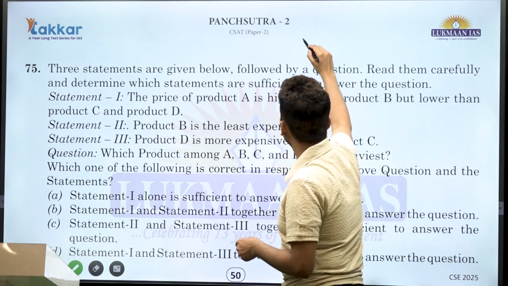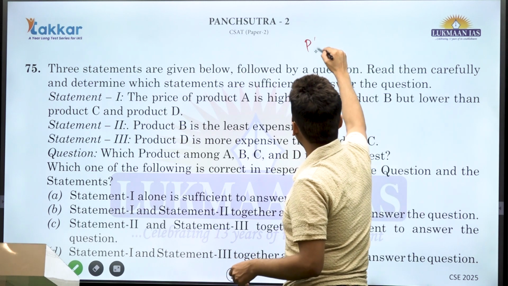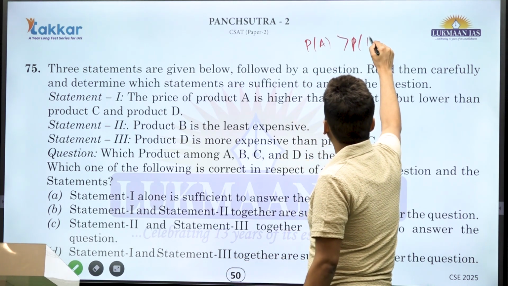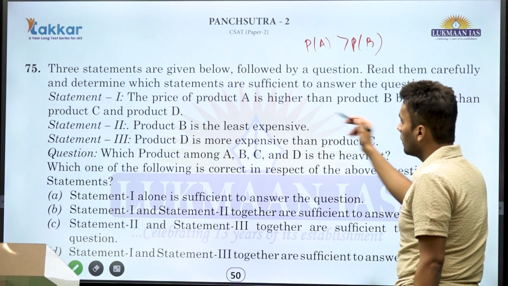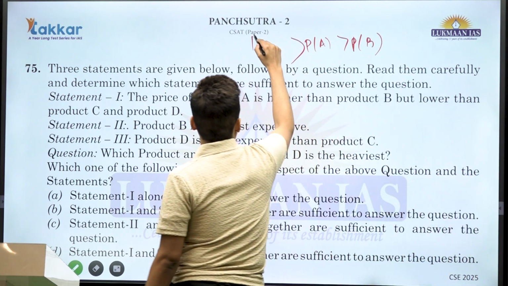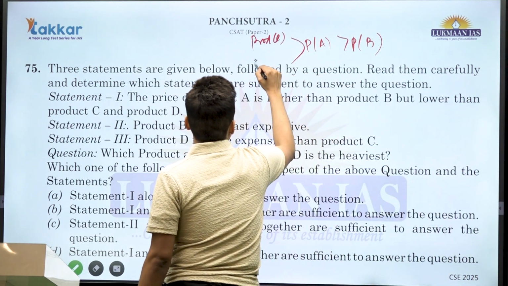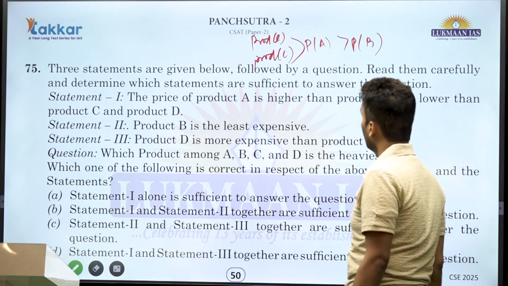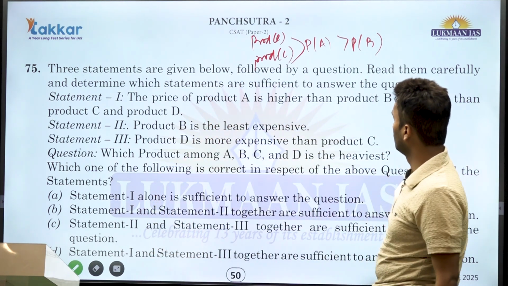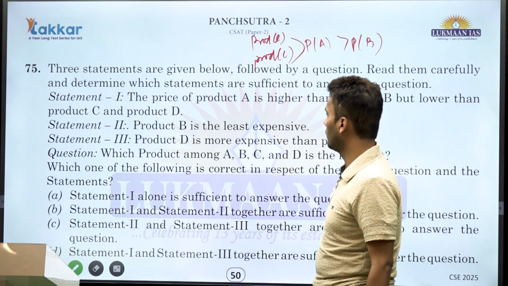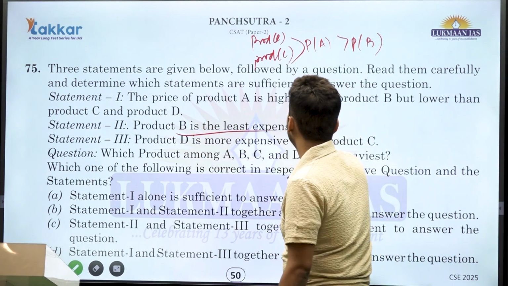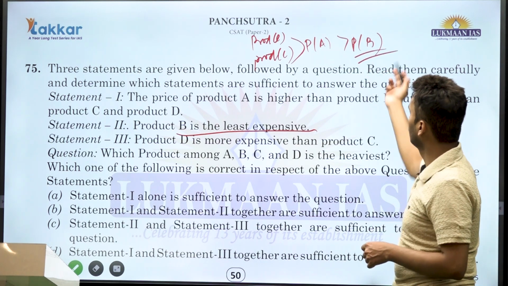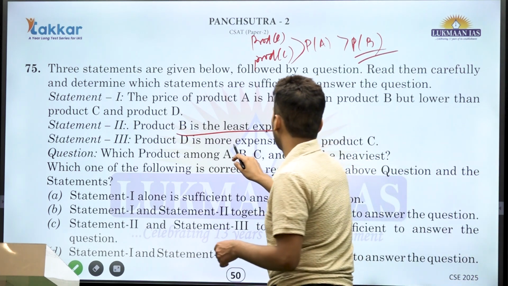The price of product A is given as higher than product B, but lower than product C and D. Product C, product D, we do not know the relation between these two. Now let's move on to the next statement: product B is the least expensive. So, okay, no problem. Product D is more expensive than product